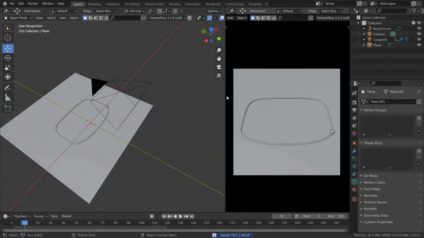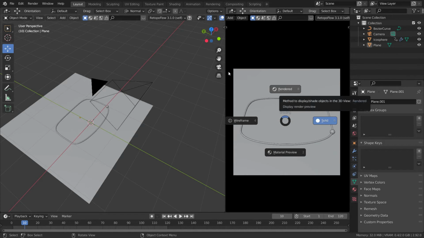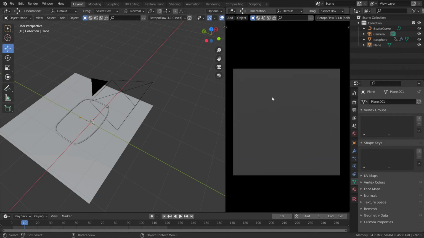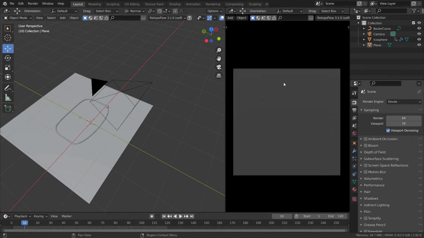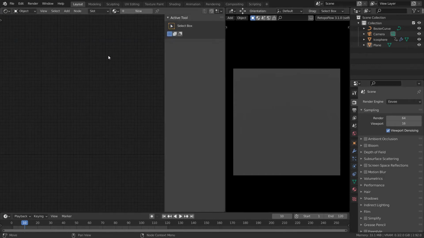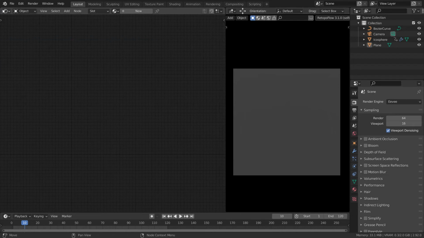Okay, so what we will do is hold down Z, and then drag our mouse to the render view, and you won't be seeing anything. As we are in Eevee, you need to add some lights in the scene because there are no lights in the scene. So what I like to do is quickly add an HDRI. I went into my shader editor, and let's change this to world.